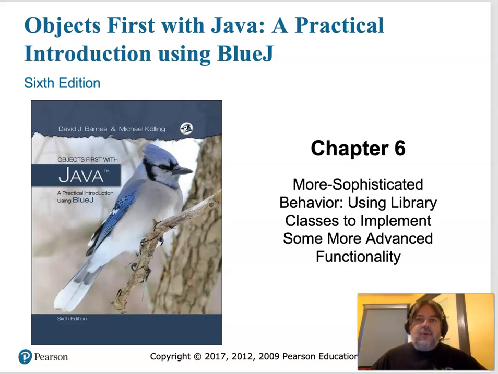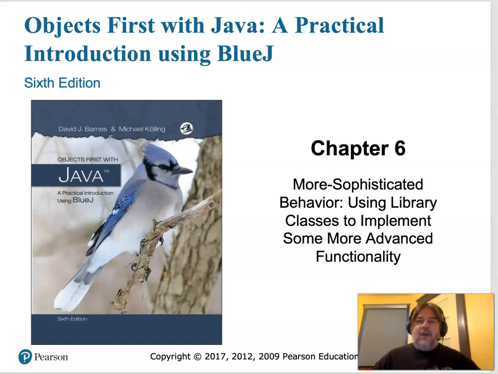Okay, hi folks. So now we're starting Chapter 6 in earnest. So here we are, Week 5, looking at Chapter 6. This is a fun chapter because the project is a little bit goofy, but also begins to get us